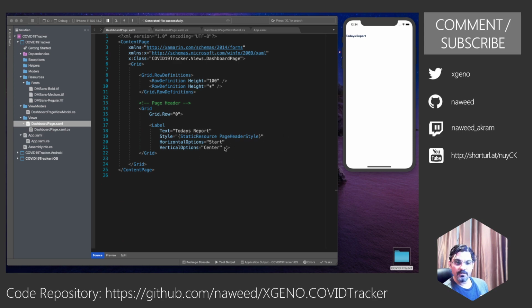I would give it some margin. It's touching the border, so let's give it a margin, maybe 32. Yeah, let's start with 32. 32 from the left, and then 0 from the top, 32 from right, 32 from bottom. Yeah, here you go. So horizontal options is start, vertical options is center. Yeah, this is looking good.